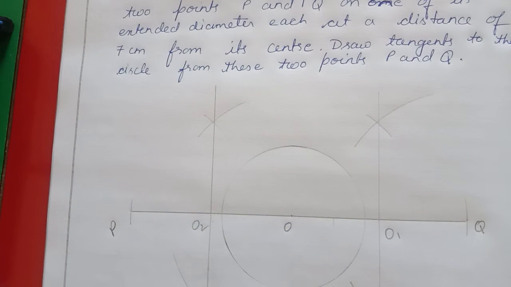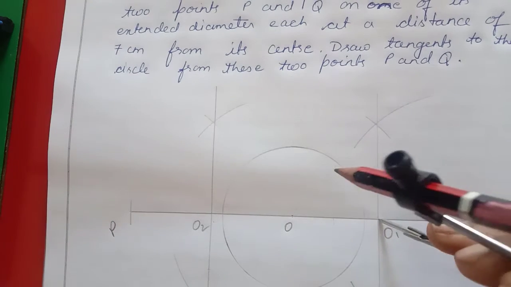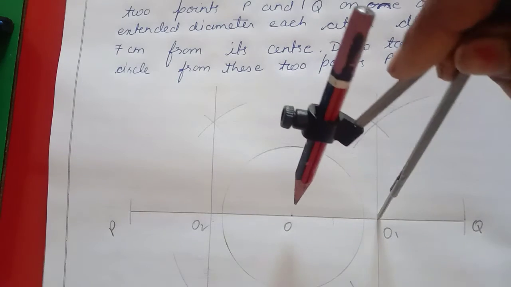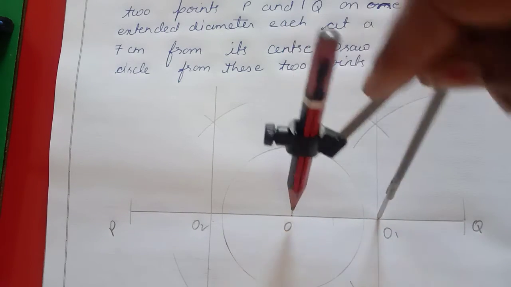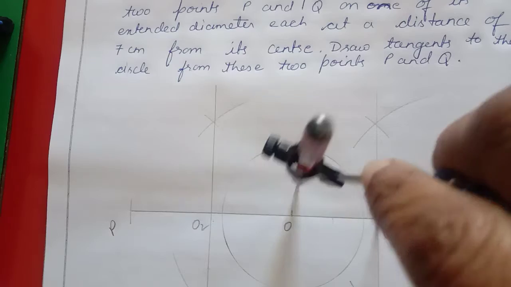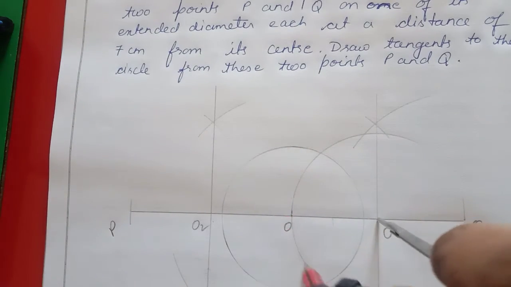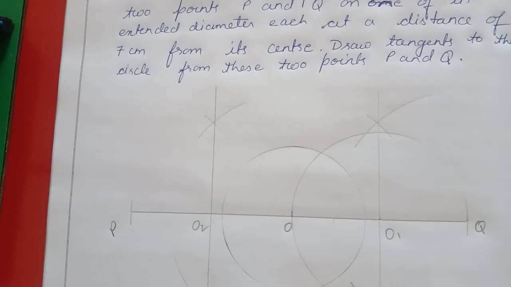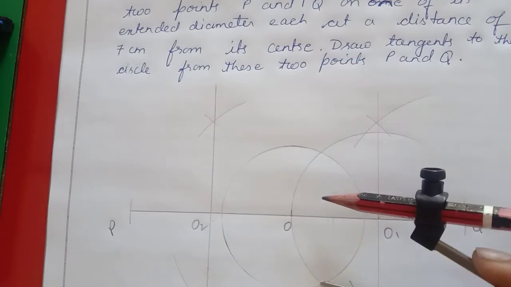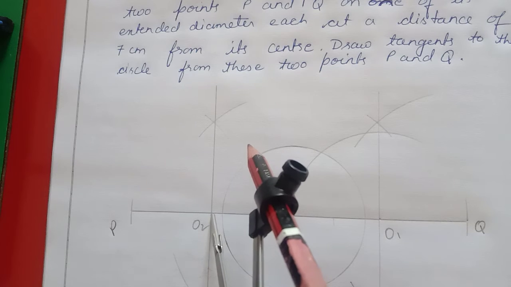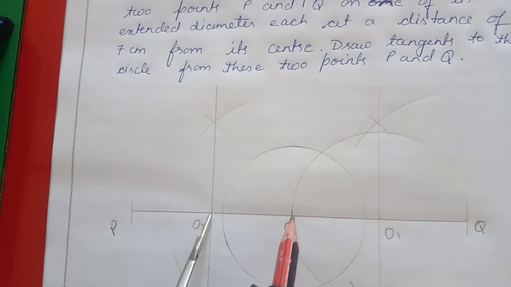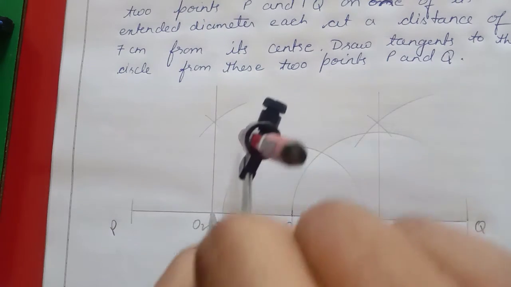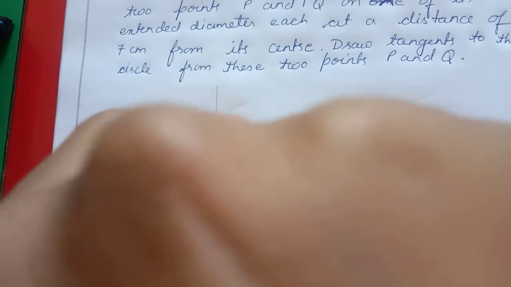By taking O1 as center, put the compass point at O1 and pencil point on O. You can see like this. Okay, measure this by using compass, and I have drawn the 2 arcs on the previous circle, the first circle, so that I will get the 2 points. Now again from O2 measure this distance, that will be same because the distance is same. Okay, now again draw 2 points.